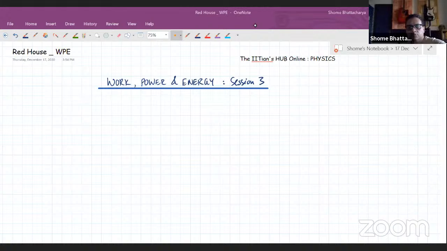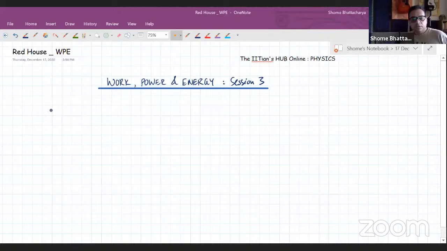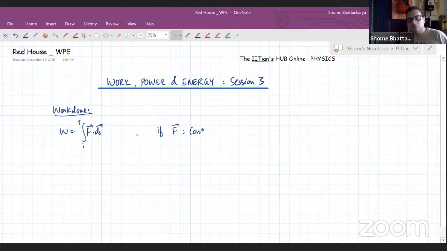Okay, so let us begin. We'll start with a very quick recap of the things that we learned in work energy so far. We understood the definition of work done by a force. The proper definition is the path integration of force, or F dot ds integrated from initial to final. However, we saw that if the force is a constant force, constant in both magnitude and direction,